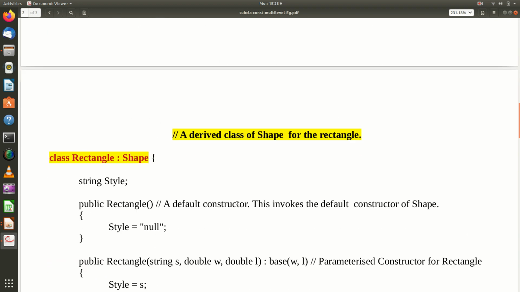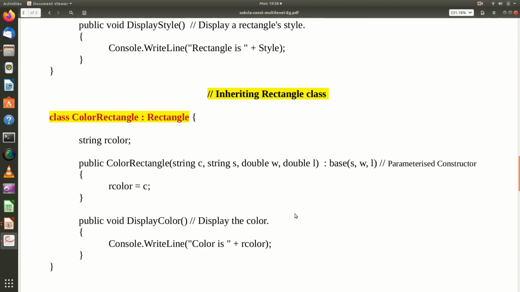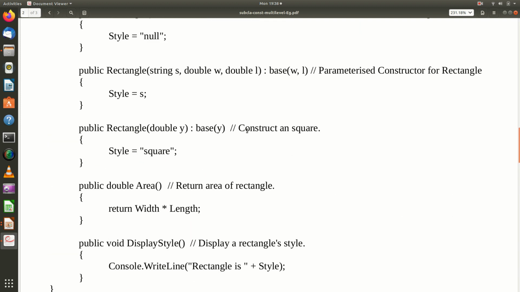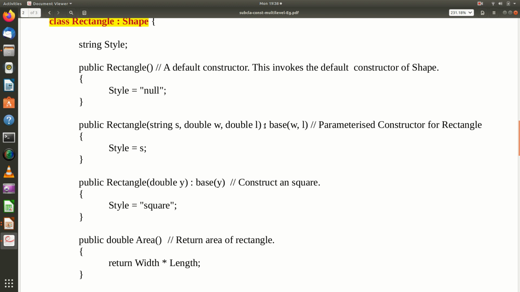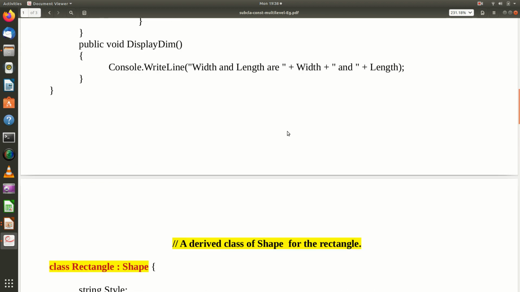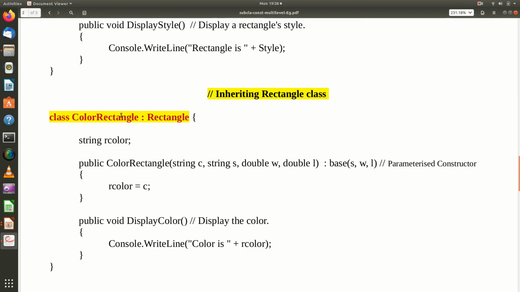So whenever you have this kind of inheritance, the base keyword will be invoking the constructor of the immediate superclass. For color rectangle, rectangle is the immediate superclass.